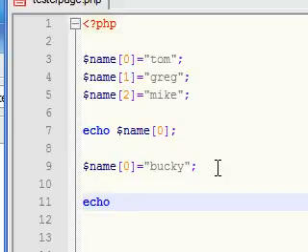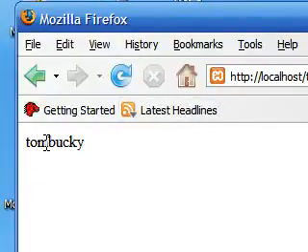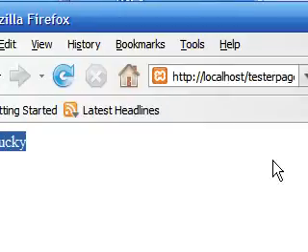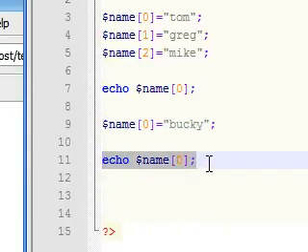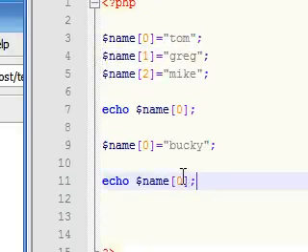So let's just see what happens when we echo the name 0. Remember, it was Tom before, but now we tried to change it. So let's save that. And as you can see, the first time we echoed, it was Tom, but the next time when we changed it, it was Bucky, just like we wanted to. So this, just simply typing in again, replaces the element in our array, but keeps all the other ones the same. And to use this in an associative array, all you need to do,